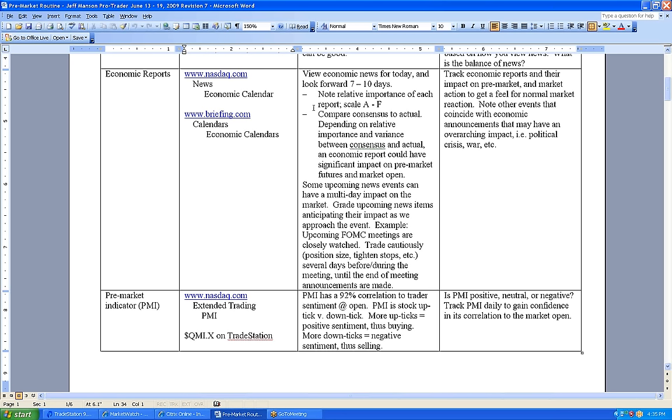What you need to do, and what I would encourage you to do greatly, is to track the economic reports and their impact in the pre-market. Let's find out what economic reports are impacting the market and which ones are not impacting the market. I remember years ago, anybody that whispered the word oil, the market would move, okay? Nowadays we don't hear too much about oil, but